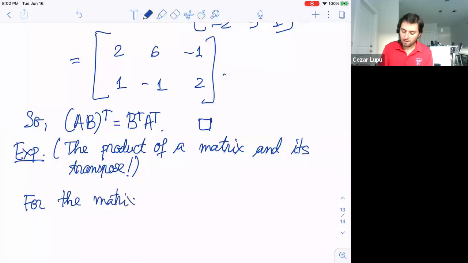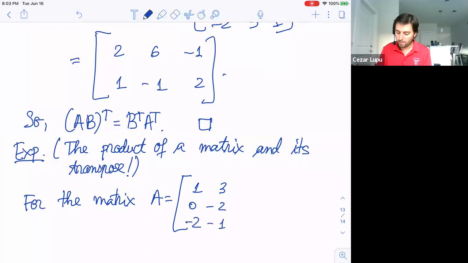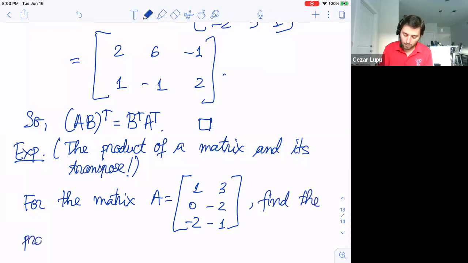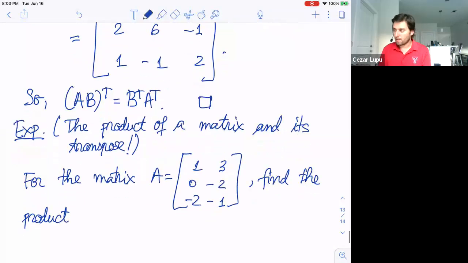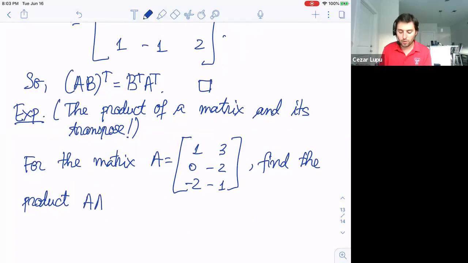Let's just take A to be 1, 3, 0, -2, -2, -1, right? Find the product AA transpose. So we can multiply the matrix by its transpose and show that it is symmetric,